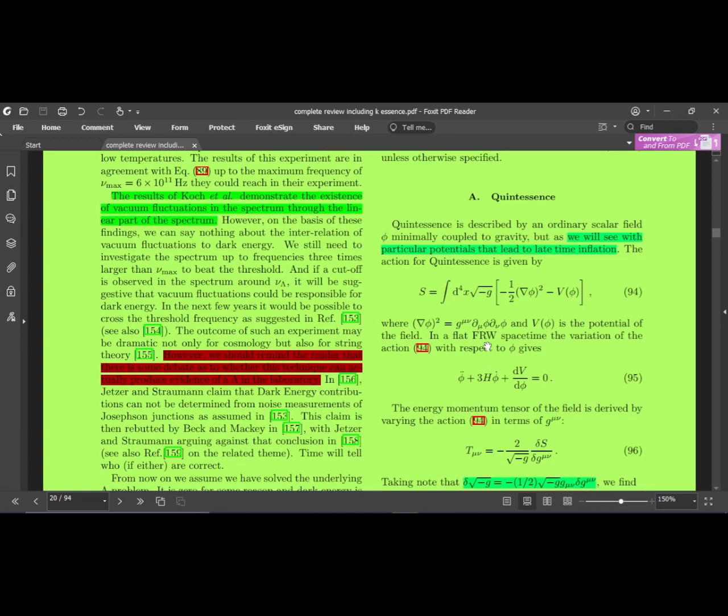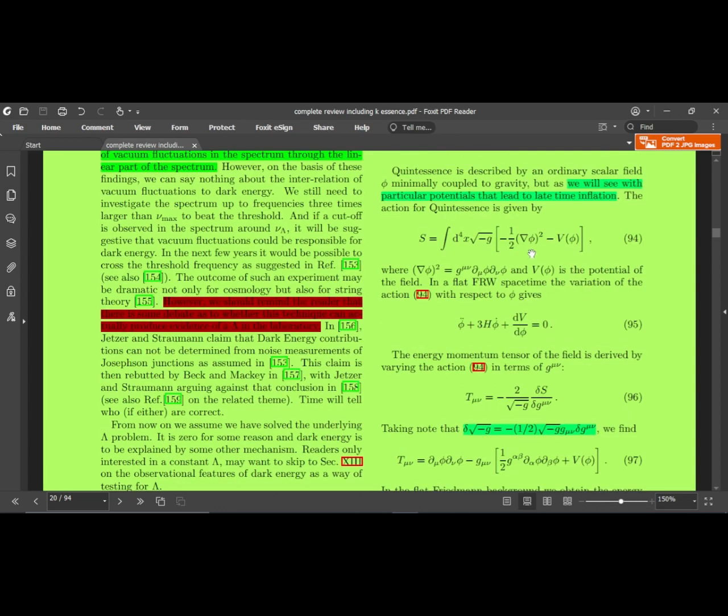Here equation 94 is just giving you the matter part. This Lagrangian is also giving you the matter part. I told you that this field is from the matter. It doesn't show you the gravity part. Gravity is completely determined by Einstein's framework, and in this S_M we are choosing that the field corresponds to the matter type, and the matter could be anything. Maybe it has this kind of field structure, maybe the field structure will be different, and based on the matter we want to see the dynamics.